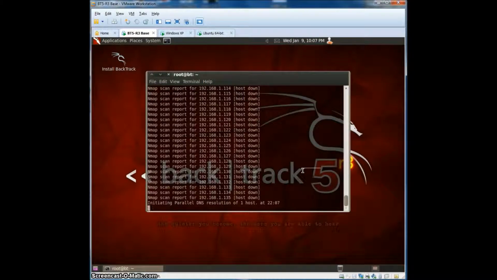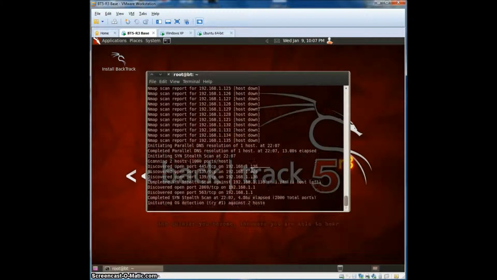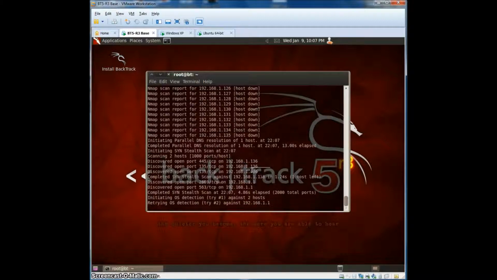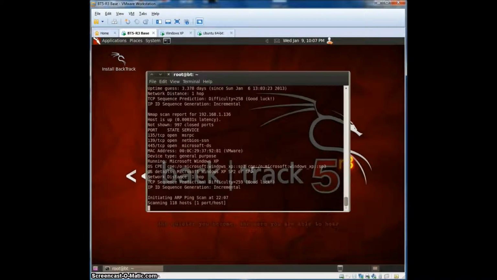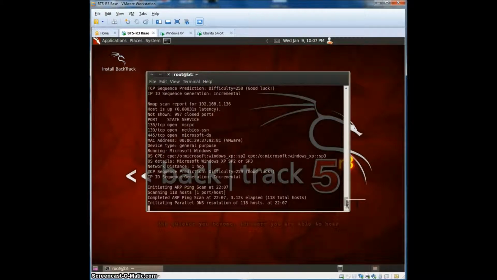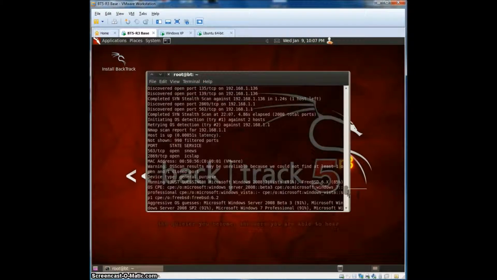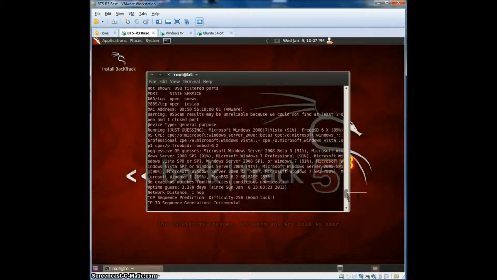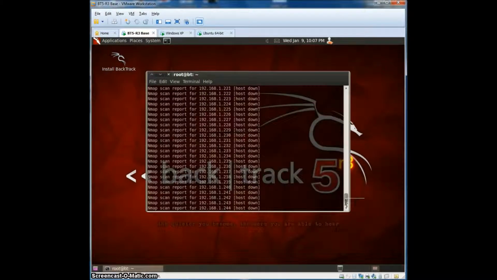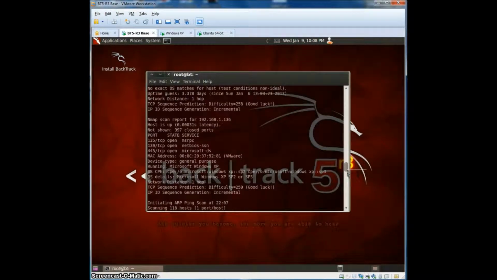So notice it's showing these scans for each of these IP addresses in the range that we entered. Okay, and this is the result. It looks like it's printing a result. So first and foremost, it looks like it's still printing. Okay, now it's completed. Okay, so coming back up here,